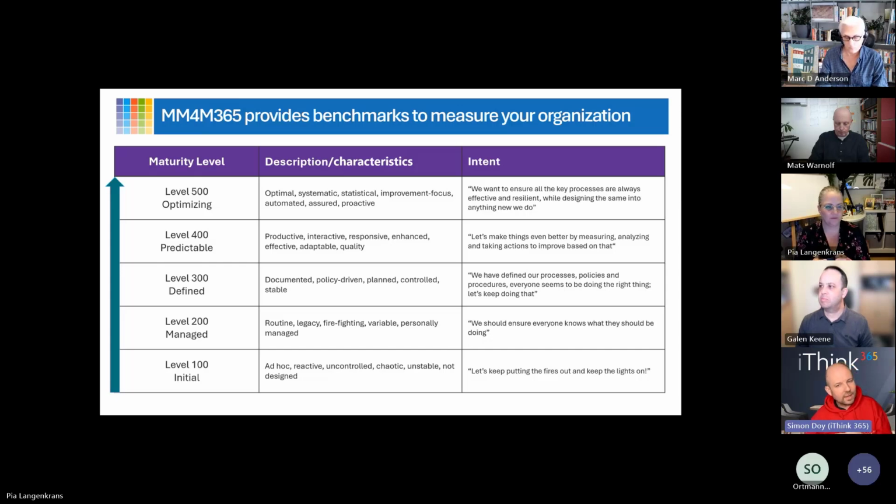And then from there, we can really start to get some benefit where we start building and improving that maturity by measuring and looking at how we can improve the competency through measuring and analysis, up to this kind of level 500 panacea where we're in a sort of nirvana state and everything is working the way that we want it to and it's resilient and effective.